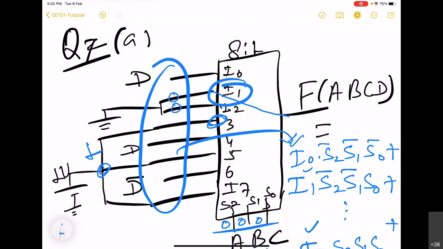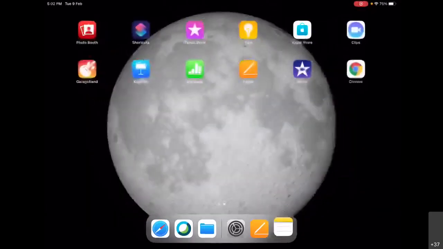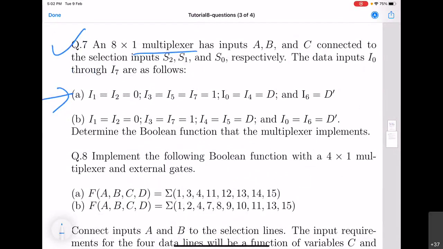So there's one more question based on multiplexer. Hello, sir. Yes. Can this equation be simplified using K-map? At what stage will you take the help of K-map? I mean, we can simplify this, right? So tell me, what do you want to simplify? For example, where will you do the simplification?